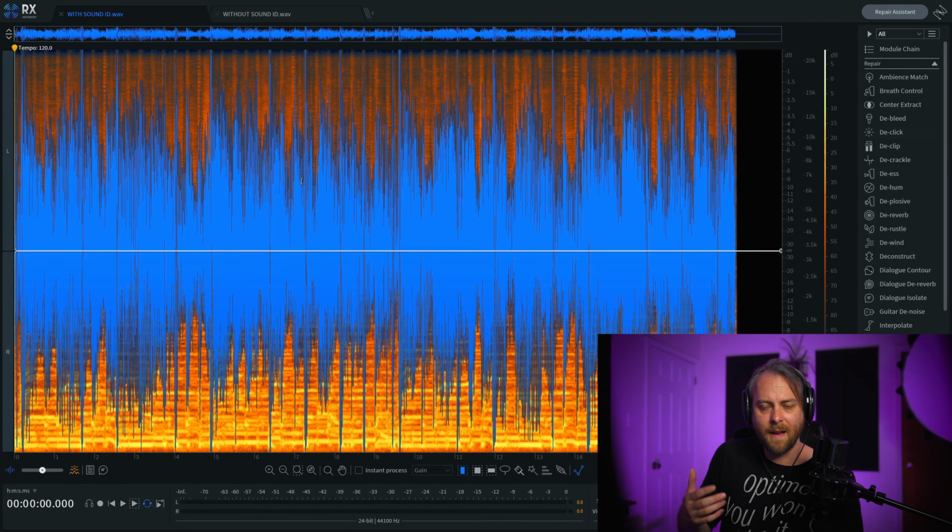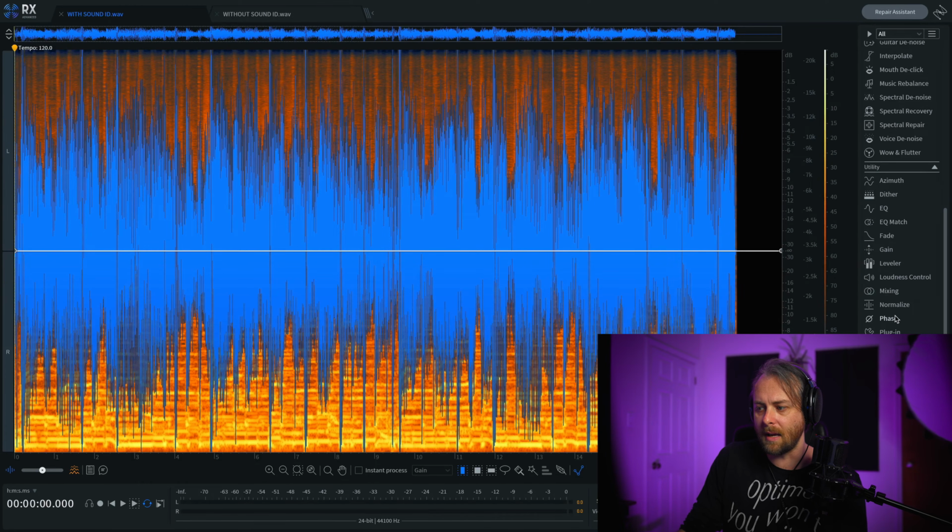You'll notice that the one without SoundID sounds, I think, a little bit more balanced and even. But when I flip to the one with SoundID on, you'll hopefully hear that its low end is very pronounced and boomy, which also has the effect of boosting the overall loudness. In fact, if I compare these two with a little bit of metering here in iZotope RX, you'll see that